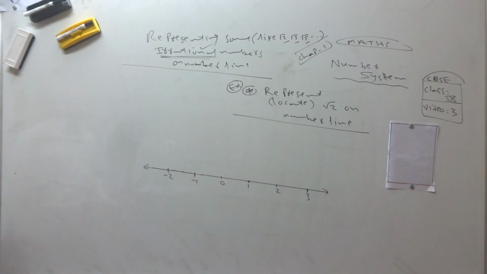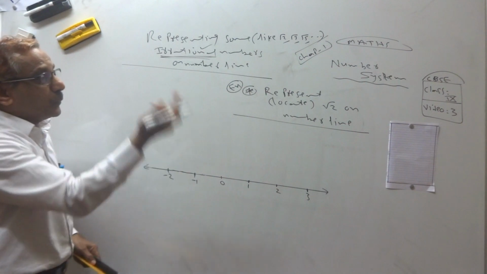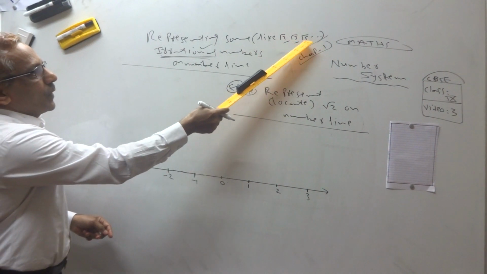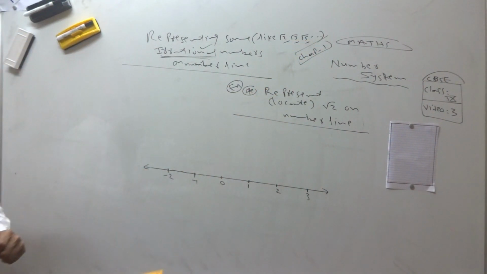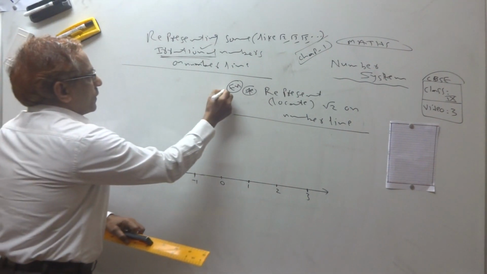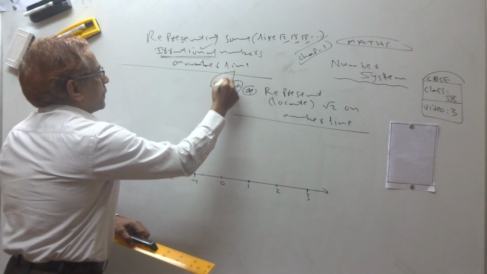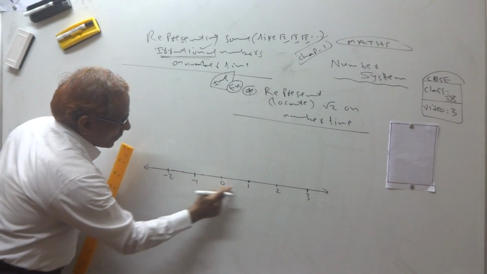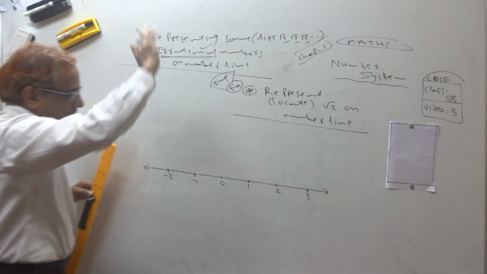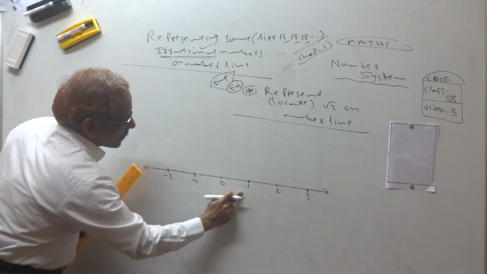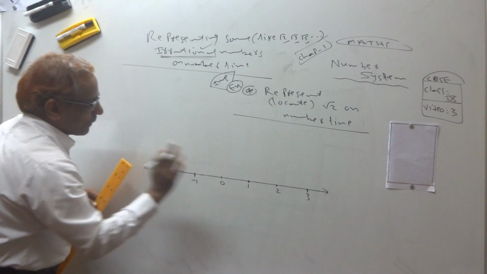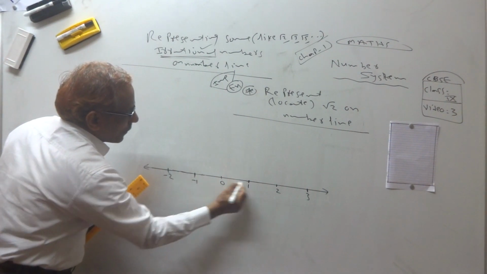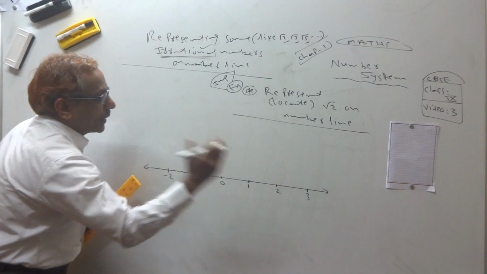Okay. So how do we represent root 2, root numbers on the number line? We have 3 types of questions: root 2, root 3, root 5. This is in the second exercise. So it's a very important question. Then what you have to do, 0 is in the center. 1, 2, 3, 4, 5. It goes like that. Here you keep in mind that there is a 1 centimeter gap. You assume that this is a 1 centimeter gap. Between them there will be 10 divisions, 10 parts.